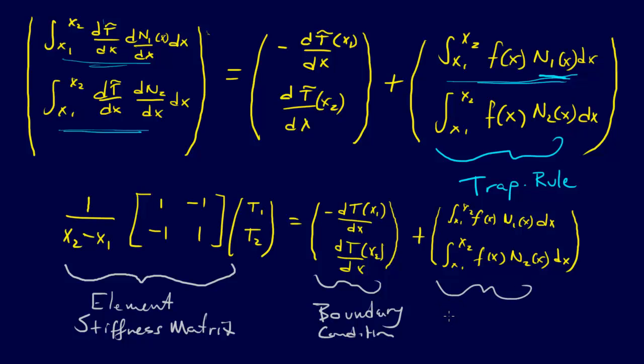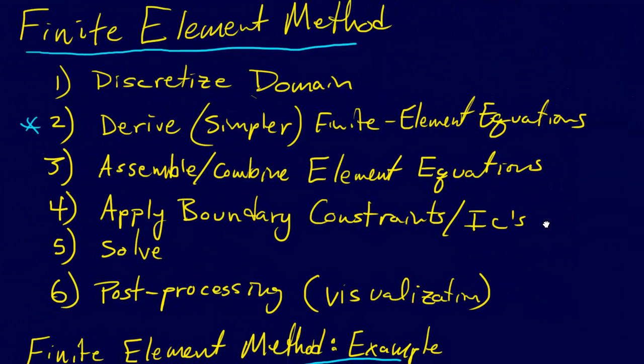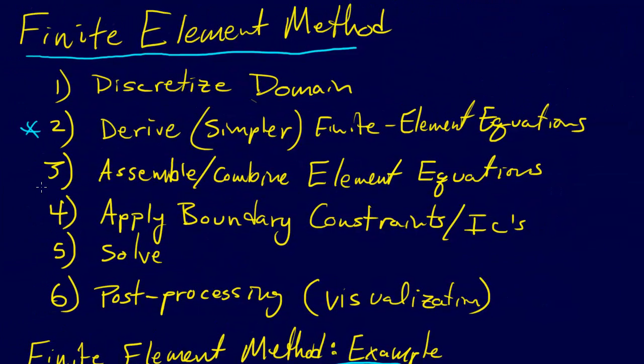And this is the forcing function, or we'll just call it external effects. So that concludes step 2. As I promised, if you go back and look at our master list of to-dos here, step 2 was the most involved. But now that we've gotten through that, we can go through and see how all